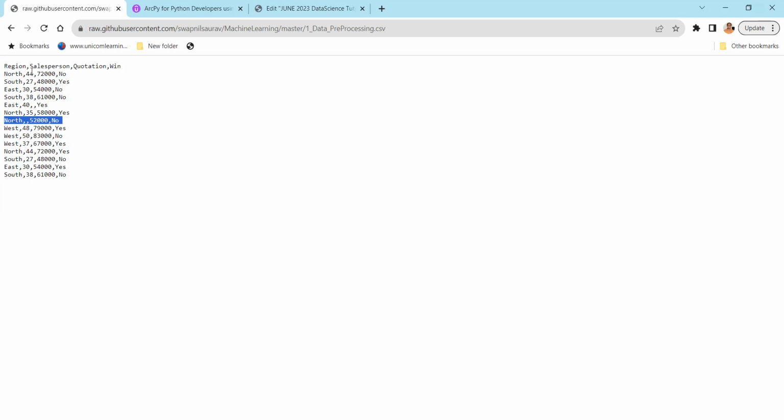Then for feature scaling, you see the salesperson is 2 digit and quotation is 5 digit. Okay, they are not balanced. We will learn how to balance it, and then we will also talk about handling the region. Because here we have region, and as I said, region cannot get into analysis just like that, right? We have to handle it. Okay, so we'll learn how to handle it. Now, if you look at the whole process,